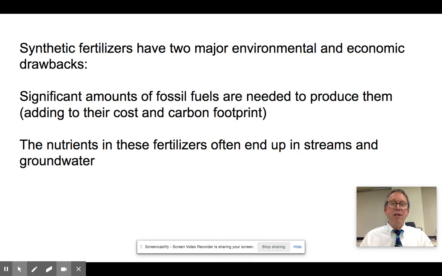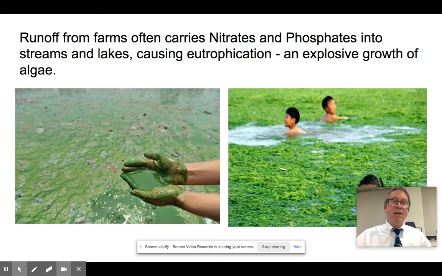And the other thing too is that they're very water soluble, and you can put so much of them in the land that it just can't absorb them all. So they tend to get into rivers and streams and groundwater and cause a host of problems once they get there. Now, the main problem we have with fertilizers when they get into surface waters is they lead to a